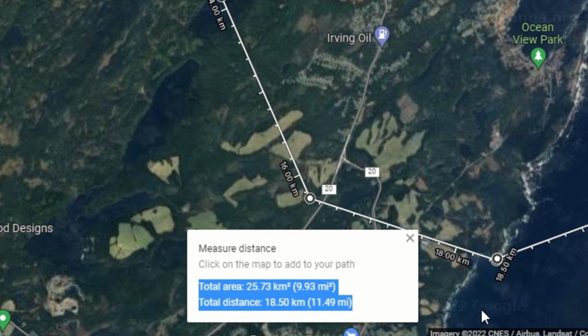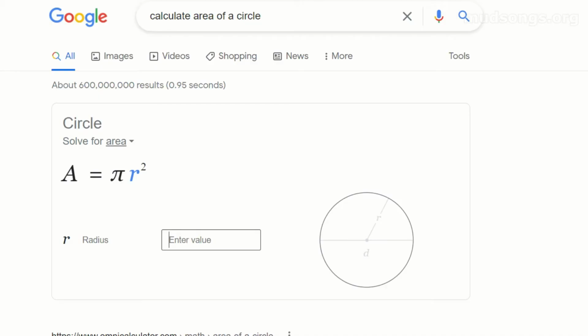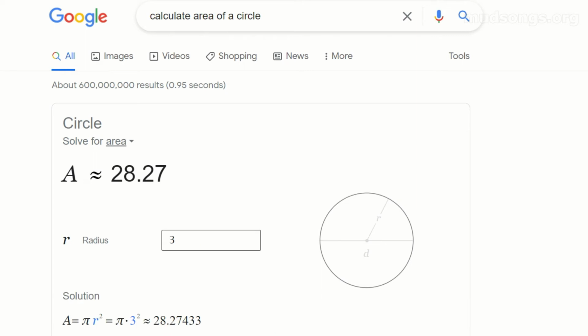So even if it's not a circle, let's say I wanted to calculate the, well, anyway, you could. I'm not explaining this. I gotta get back to work. But anyway, you get the idea.